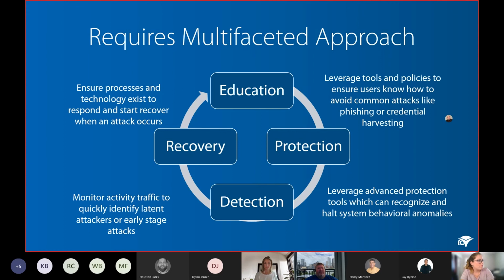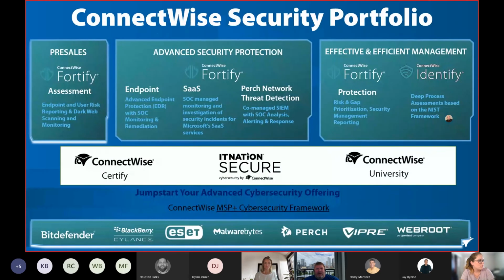So one of the things that we've done is really put together everything from the education, the tools, the SOC, the whole process, to make your lives easier, make you able to sleep better at night, and also make your clients able to sleep better at night as well. So I wanted to show you this slide. There's a lot going on here. This is kind of similar to the slide that Jay showed earlier, but